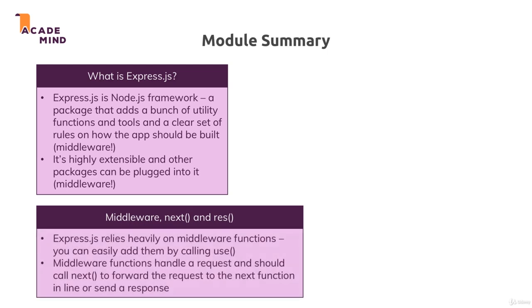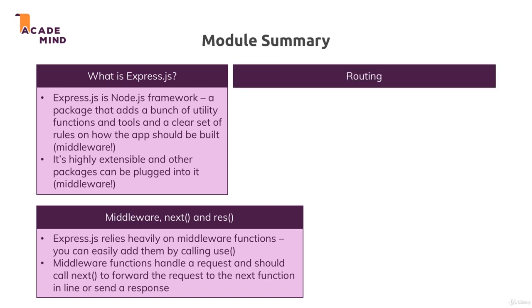Middleware functions are these functions that took the request object, a response object that helped you with sending a response, and that next argument, which turns out to be a function you should call to forward a request to the next middleware in line. And in line means from top to bottom in your root file. This is a crucial point you have to understand, that you should always call next unless you're sending a response, in which case you should never call next, and that you can therefore cleverly structure your middleware to transform a request, read something from it, and send different responses depending on the route you're accessing, so depending on the path